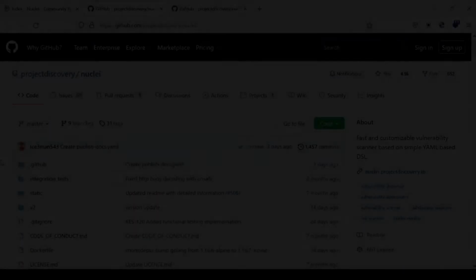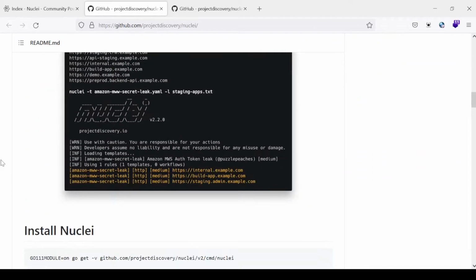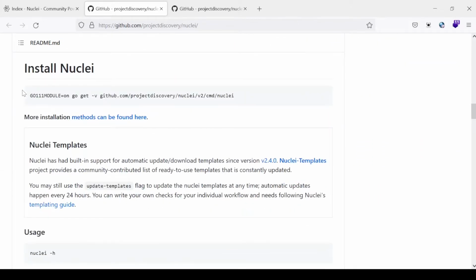All right. So this is our tool Nuclei, and the installation procedure for this tool is quite straightforward. You can just directly copy this command, and you're good to go. For that, the Go language is mandatory and required. Installing and configuring Go on either a Kali Linux machine or a Windows machine, I will be providing the links in the description on how you can proceed with installation and configuration of the Go language.